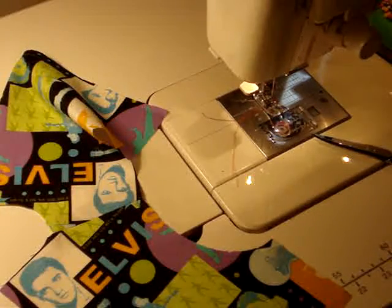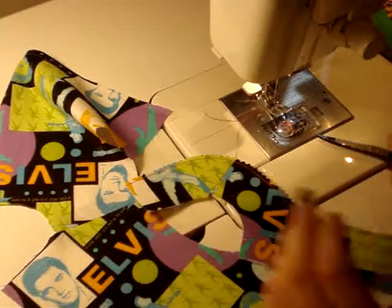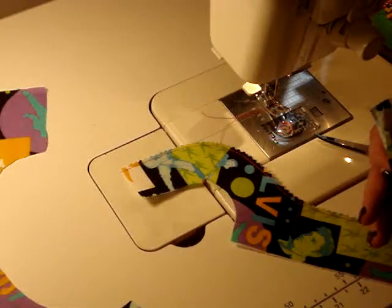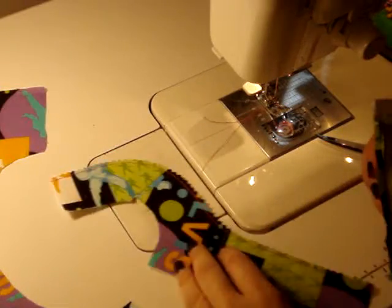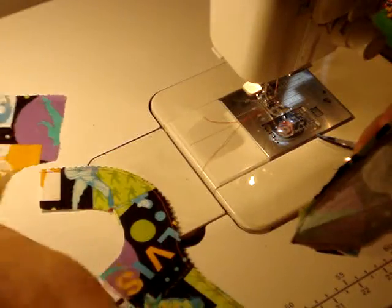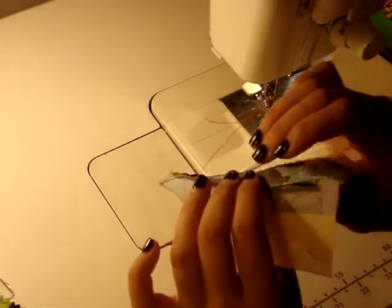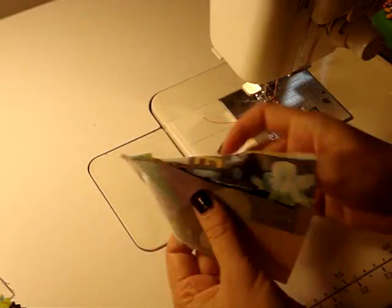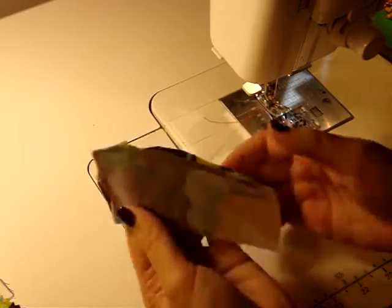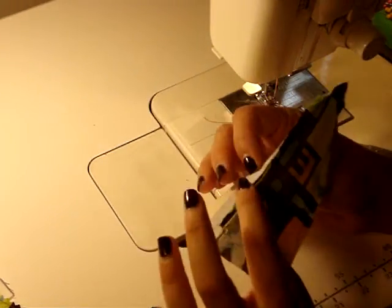Okay, so I just got back from the ironing board, and again, this is the second step, or the continuation of the rolled collar on a bodice. I'm doing half of it. What I did was I just got done pressing all of my shoulder seams open on my bodice unit and my facing unit, and I pressed over the seams that I had made on my rolled collar towards the facing piece. So now what we need to do is stitch these seam allowances